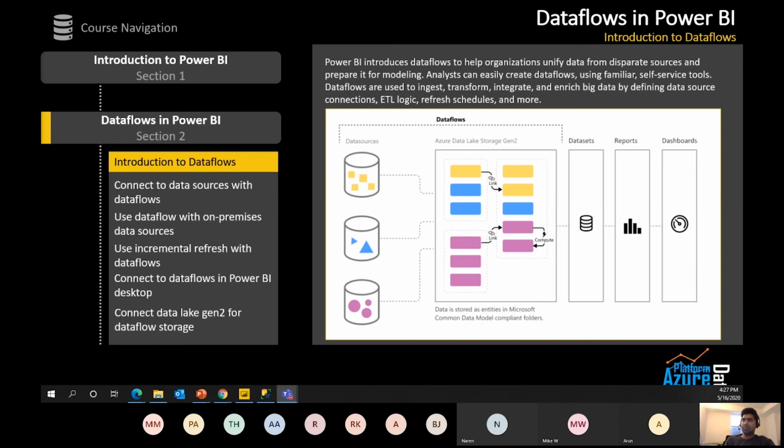If you are aware of Azure Data Lake in Microsoft, there are two versions of Azure Data Lake: Data Lake Gen 1 and Data Lake Gen 2. I have spoken about this in my previous sessions. The major difference between Gen 1 and Gen 2 is that Gen 2 is built on top of Blob, and it enables the hierarchical namespace in your blob storage.